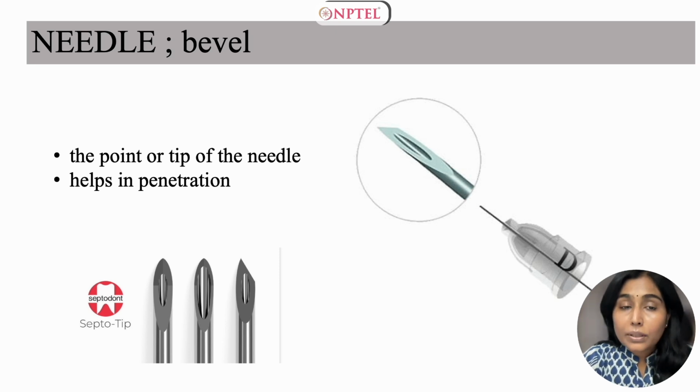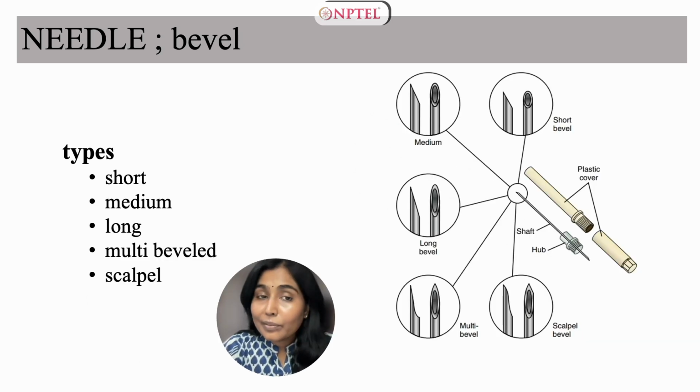Moving on to the third important feature of a needle, the bevel. It refers to the point or the tip of the needle which helps in penetrating the needle into the tissues. The bevel may be of various types depending on the length and also the facets created. Based on the length, it may be short, medium, or long, and based on the facets, it can be multi-beveled